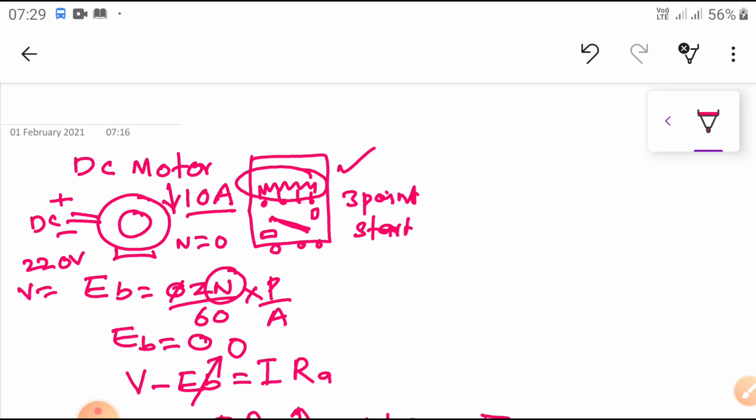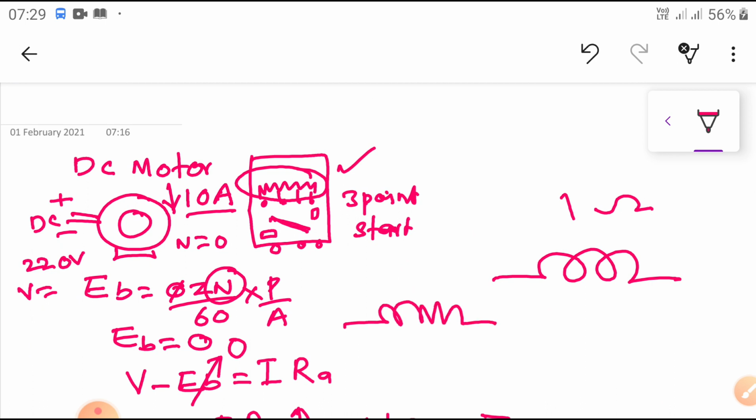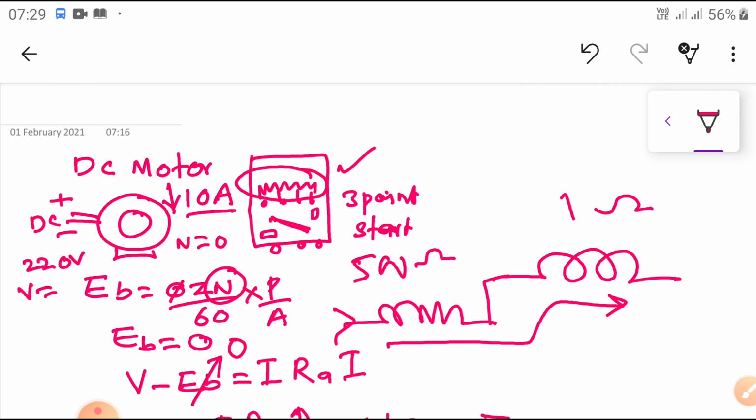Initially this is Rukmini's mother side support. Initially it is connected in series. So if the winding has 1 ohm and its mother side resistance may be, say, 200 ohms or 500 ohms, then it is connected in series. Whatever current comes is limited by this resistance value. Hence we insert it initially, until the speed picks up. By inserting the resistance, the current is limited, and that current is enough to generate the torque.